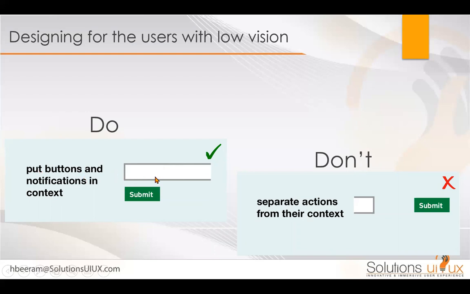So once we do this, when we put the buttons or the text or notification immediately, this is preferable. But this is not preferable where the button is way away, far in separate lines and in completely separate sections where it is not related. So there's something called Gestalt's related principle, which we talk about in our UX course, the design principle that guides that things that are related should have some proximity. So this has good proximity. This does not have good proximity. So this will confuse people with low vision.